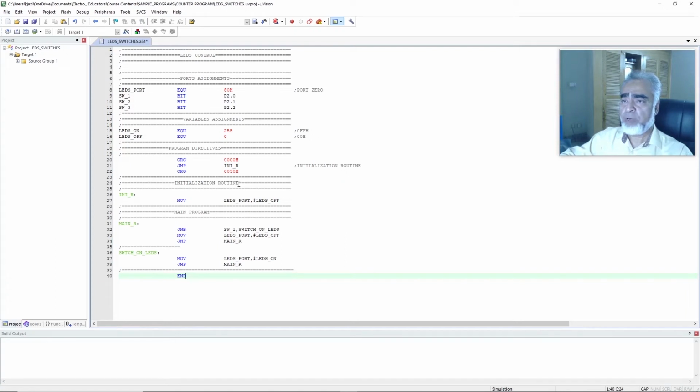Let's analyze our program. Here we have assigned the name, that is LED port to port 0, and the hardware address of the port is 80H, and here we have assigned the name to port 2.0, 2.1 and 2.2, that is switch 1, switch 2 and switch 3, and here we have written variables, that is LED on, the value is 255, and LED is off equals to 0,